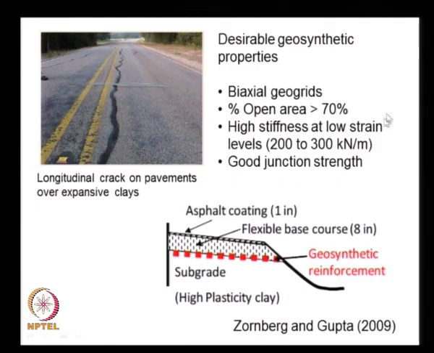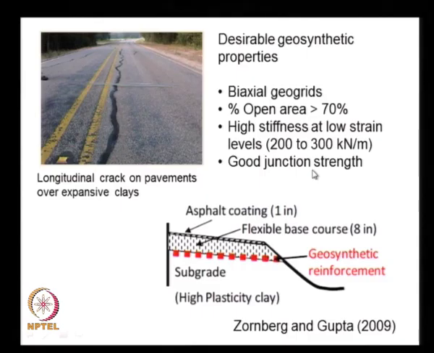The biaxial geogrid, as we know, are geogrids that have significant tensile strength in two directions, the longitudinal direction and also the transverse direction. And for this geogrid to have a good interaction with the soil, the percent open area should be greater than 70%, and the geogrids should be able to develop high enough tensile load at a low enough strain. That means that their modulus should be in the range of 200 to 300 kilonewtons per meter or higher, and